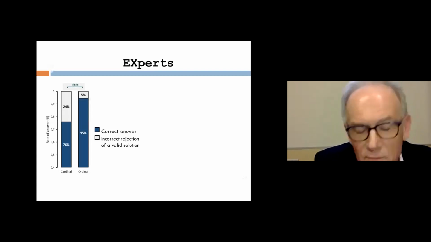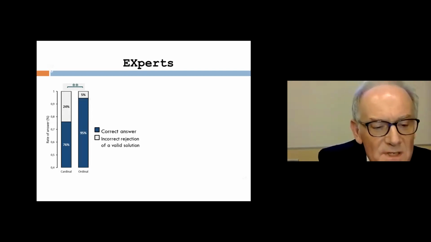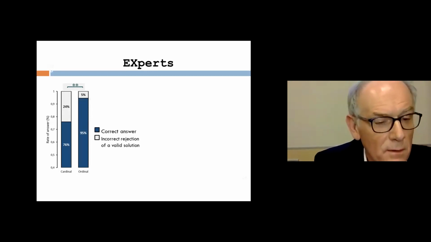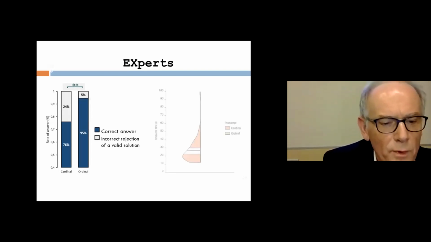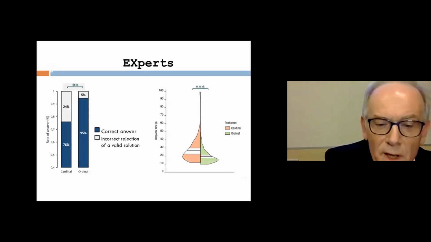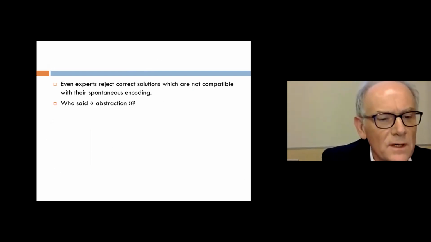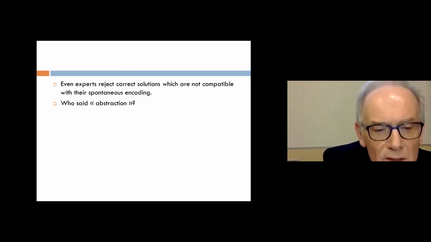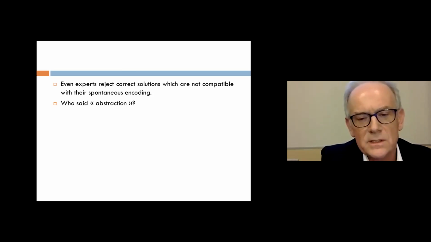And look here, exactly the same pattern as in the previous group, except that they were making fewer mistakes, but they are experts. But again, they do make mistakes. The errors were produced exactly where we predicted, whereas they had virtually no error where we also predicted. And we got exactly the same profile in terms of response times. So what it shows is that even experts reject correct solutions which are not compatible with their spontaneous encoding of the quantities. And the way this encoding is